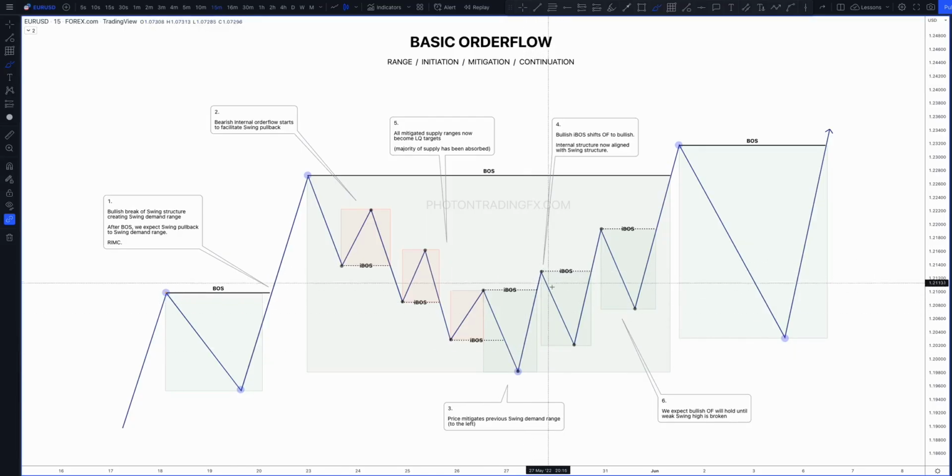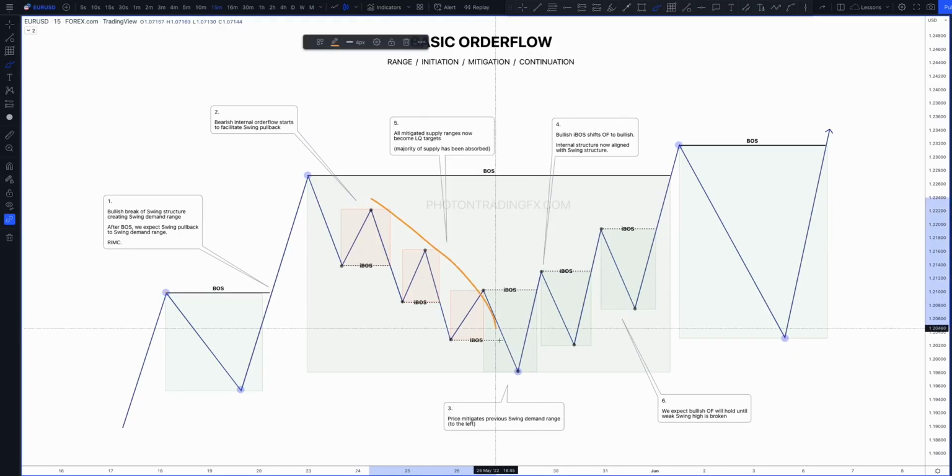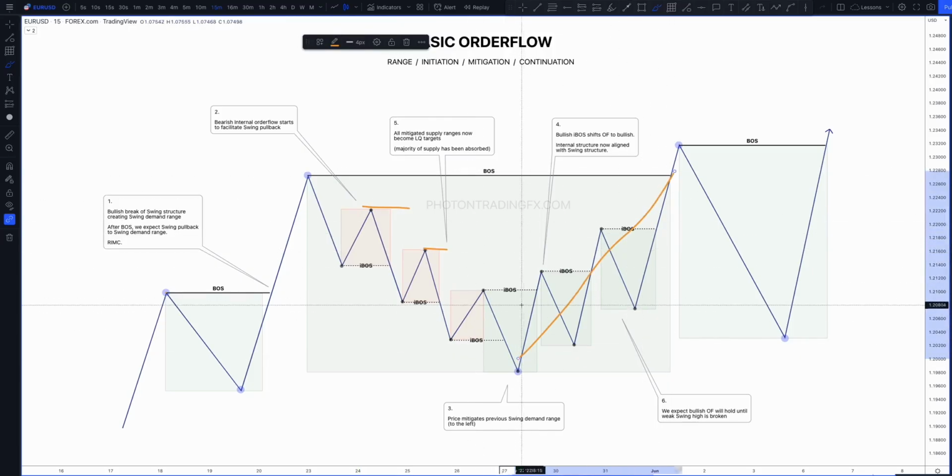And we now have bullish order flow started to kick in. The bearish order flow has now been disrupted and has ended. Now, these previous highs here become what? They are simply becoming liquidity to fuel this move here. Think of them as liquidity targets. So if you're long, you can potentially target these for partials, because after